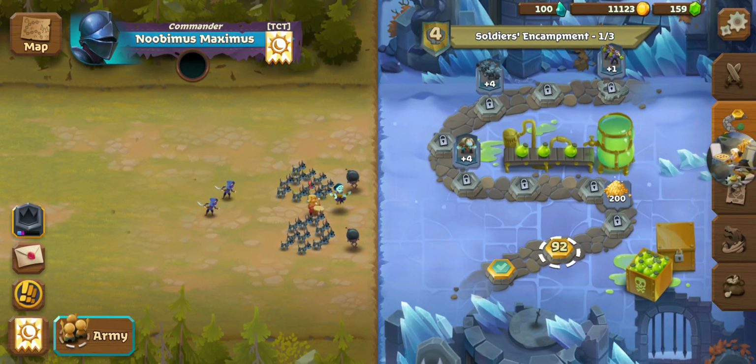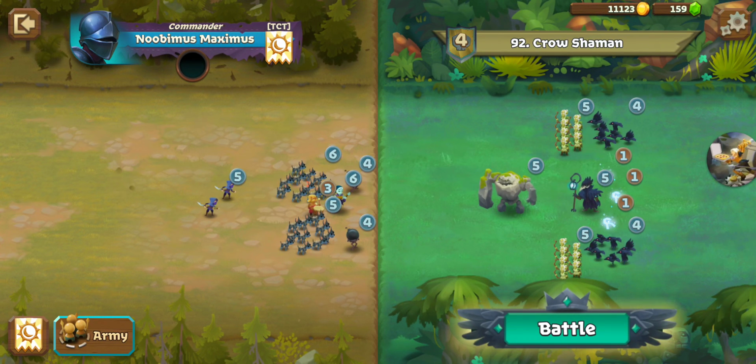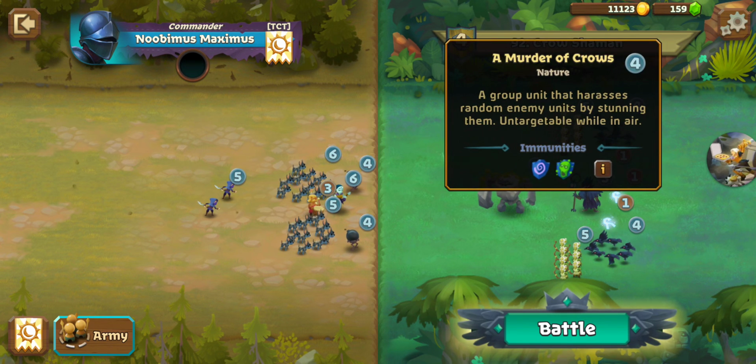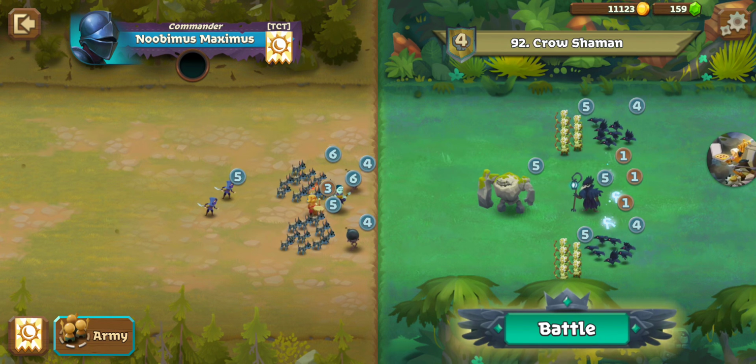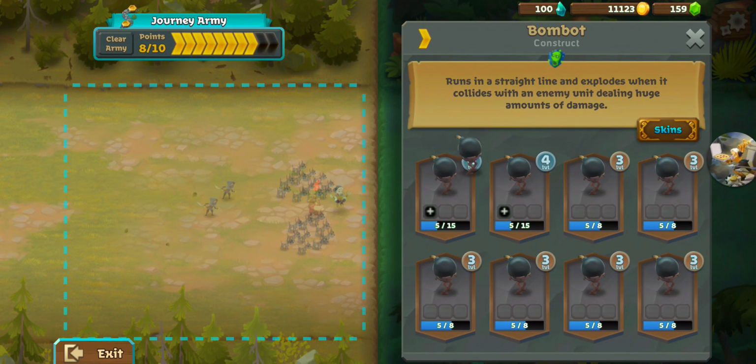Alright, let's move on to 92, and let's see what we've got. Stormcaller, and we've got an Earth Elemental up front, and crows. I think this is the first time we've seen crows. Crows have a stun, a group of units that harasses random enemies by stunning them, and they're untargetable while they're in the air. So what we're going to do, let's drop the bomb bots,